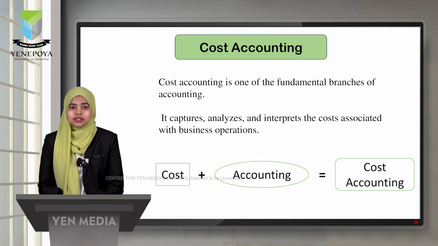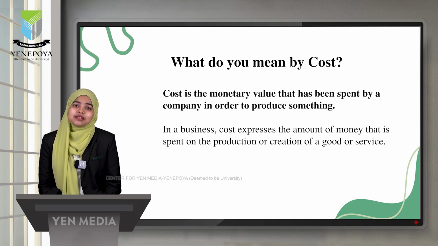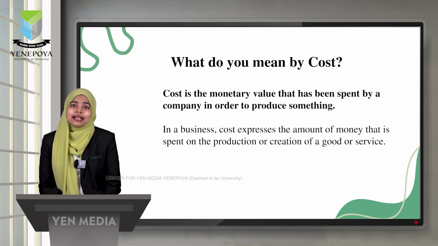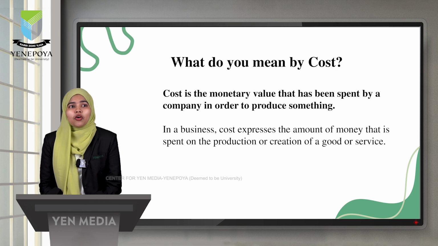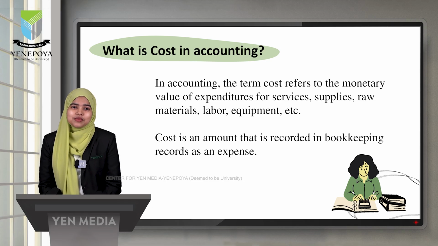and improving efficiency. Now, when we say cost, it simply refers to the monetary value of resources used to obtain something. It's the amount spent to make or deliver goods and services. For example, when an organization buys raw materials, pays wages to workers, or incurs expense for an electricity bill or any utility bill, all of that is cost. So cost is the value of effort, materials, time and resources that goes into an operation. And cost accounting gives us a systematic way to capture and analyze